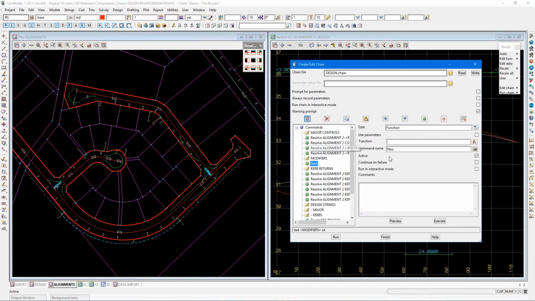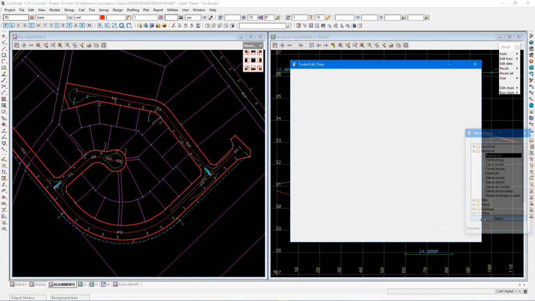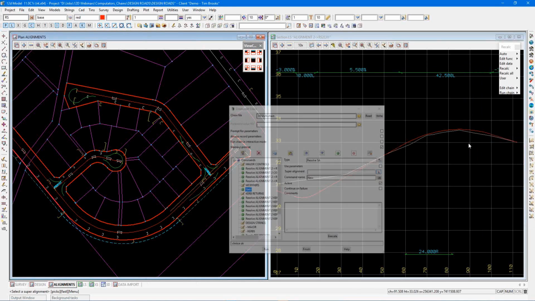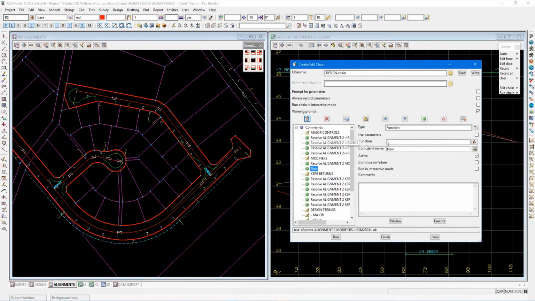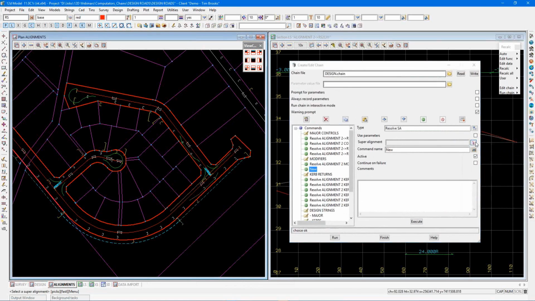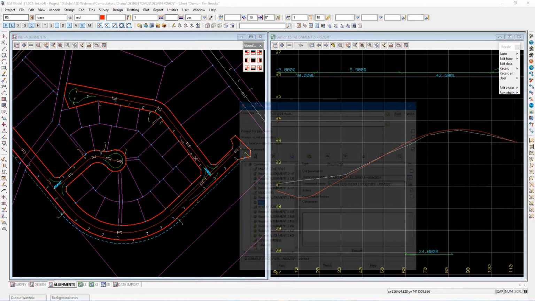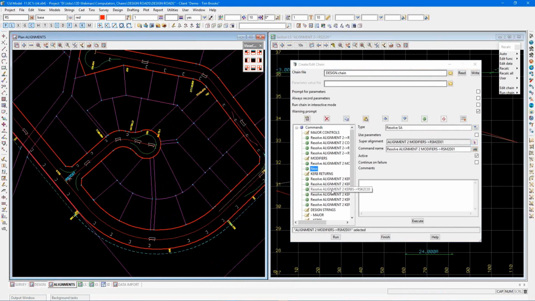So let's go insert. We're going to do the two resolve super alignments. So they are found under the filter icon here, and they are found under elements and resolve SA. SA is standing for super alignment, of course. And you simply just go and pick those alignments now. So that one first, insert another one, pick the other modifier up there, and the other modifier that needs to go in before these curb return alignments